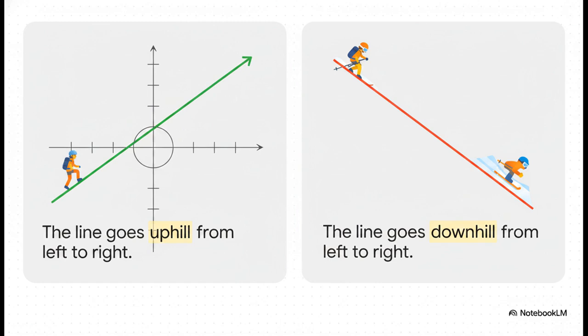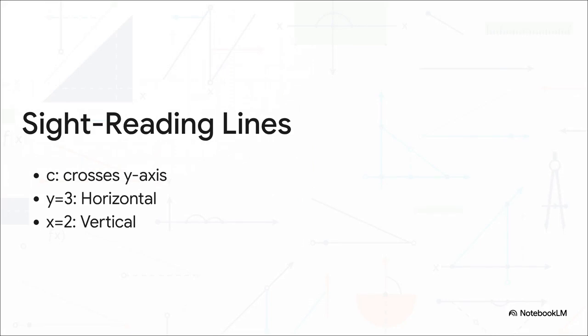If the line is going up, that's a positive gradient. Imagine a really strenuous uphill hike. But if the line is dropping down from left to right, that's a negative gradient. Picture a fast downhill ski slope. If you keep those simple visual analogies in your back pocket, you can instantly identify line features by sight without even touching a calculator. For instance, the y-intercept, our c-value, is just the exact spot where your line literally crashes